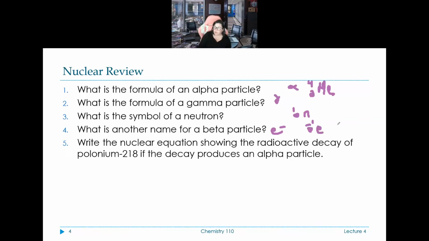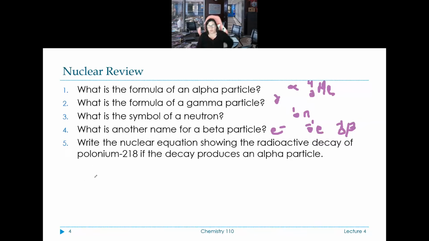We can write it as a -1,0 beta. Or just e minus. Okay? So it's an electron. Write the nuclear equation showing the radioactive decay of polonium-218 if the decay produces an alpha